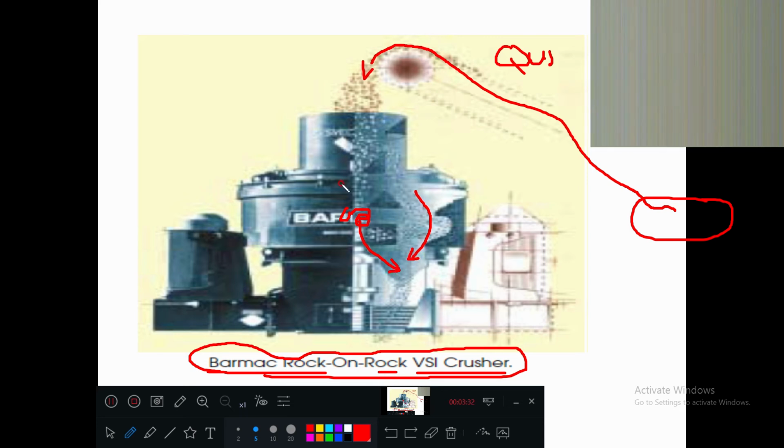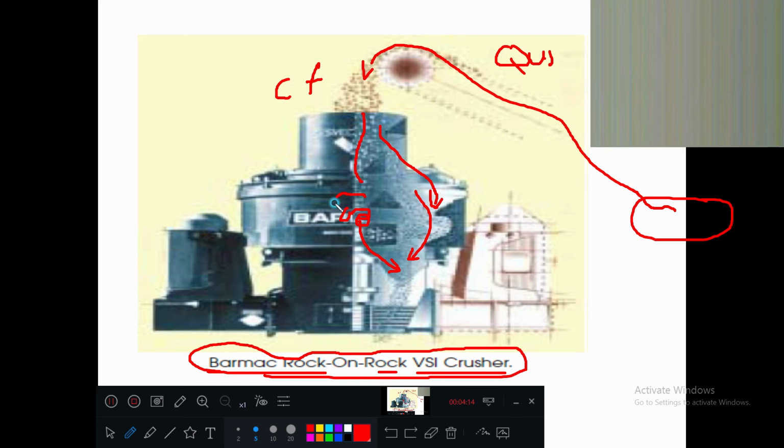What is happening here? As the raw material is fed into this crusher, it generally contains coarse as well as fine material, because it is directly taken from the ground. So it may contain coarse aggregate and fine aggregate. To increase the efficiency of this crusher, there is a mechanism so that the finer material is pushed along this path, but the bigger particles which require crushing are fed inside.